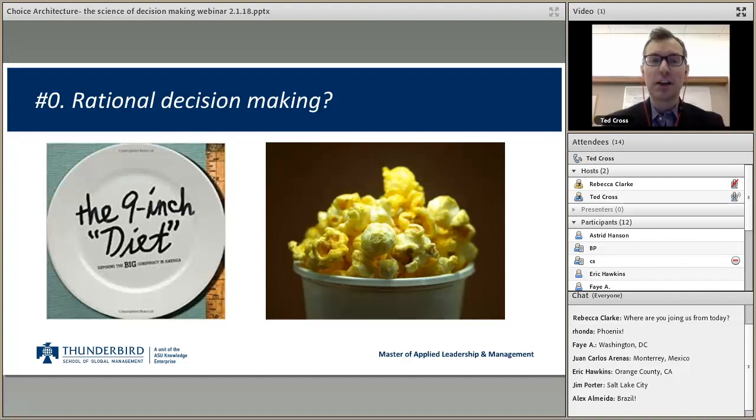And again, what they found is that even when the popcorn was bad tasting popcorn that no one should really want to eat at all, the people that had the large containers actually consumed more of that bad tasting popcorn. So just in this case, eating foods and amounts of foods is influenced by the size of the container. And there's an interesting book, if you want to check it out, that's on the left-hand side, called The 9-Inch Diet,